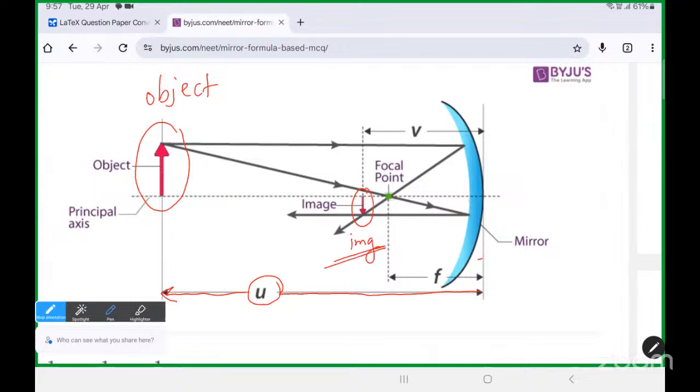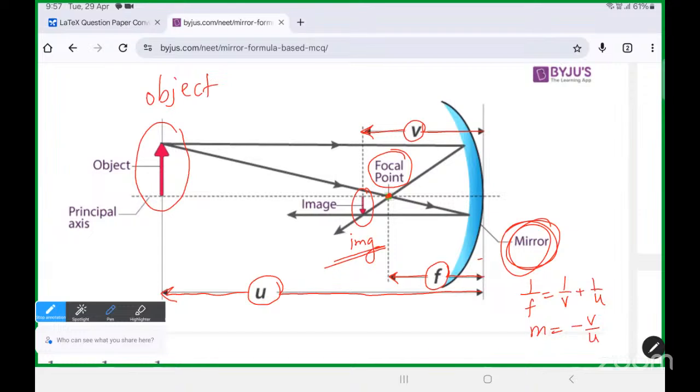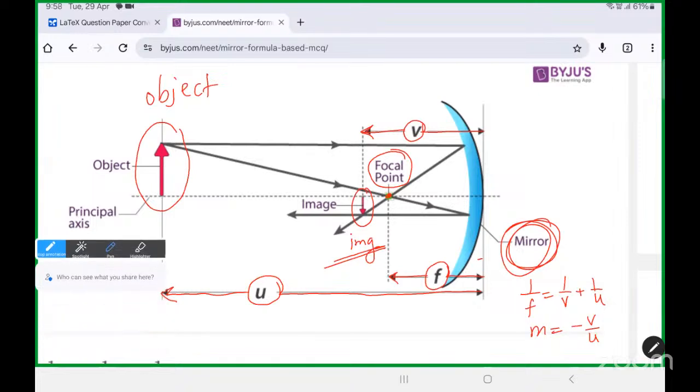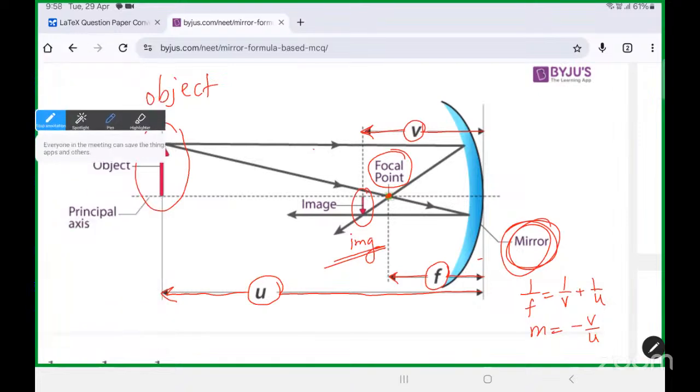तो ये इमेज का जो डिस्टेंस है, मिरर से लेकर के इमेज तक के डिस्टेंस को वो v कह रहा है, चेक करो। और ये हो गया तुम्हारा फोकल लेंथ, फोकल पॉइंट तक की दूरी को वो f कह रहा है, ठीक है। तो इन तीनों में रिलेशन है, क्योंकि ये मिरर है, तो मिरर के लिए हमें लिखना पड़ेगा 1/f = 1/v + 1/u, और लीनियर मैग्निफिकेशन होगा -v/u, ठीक है। तो ये दो फॉर्मूले आप लोग ध्यान में रखो, इन दो फॉर्मूले को लेकर के अपने को क्वेश्चंस करने होंगे, ठीक है बच्चा लोग।